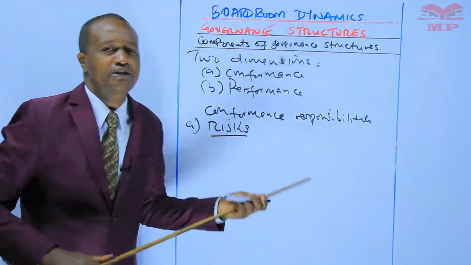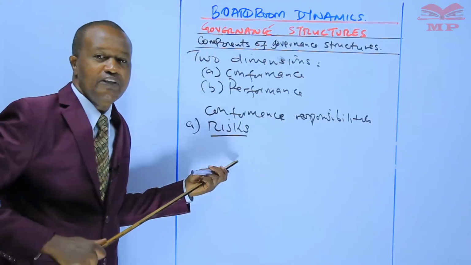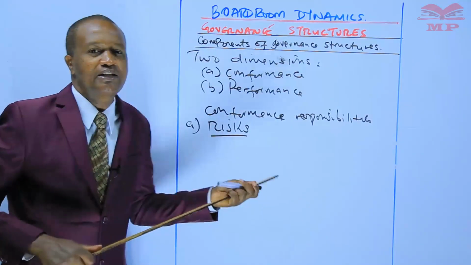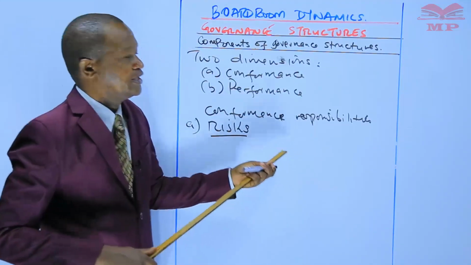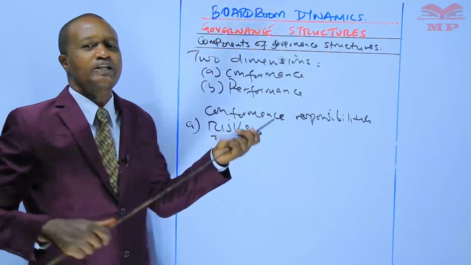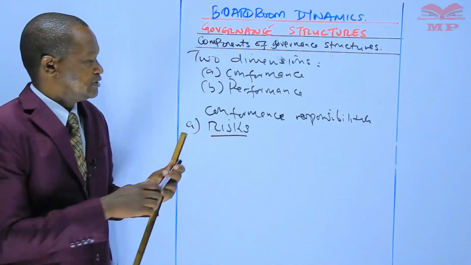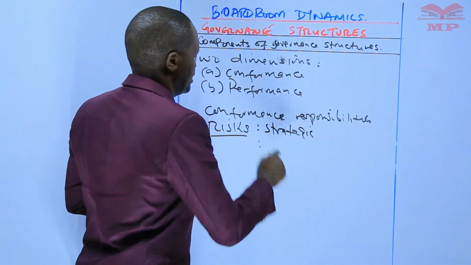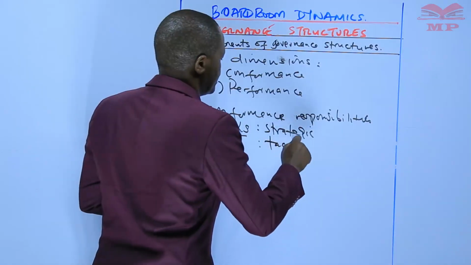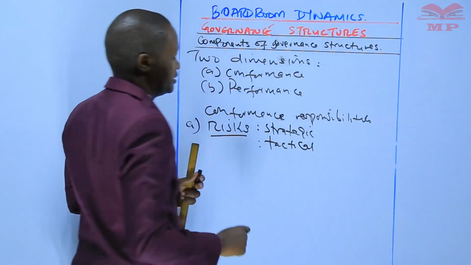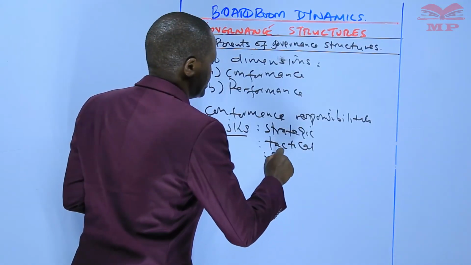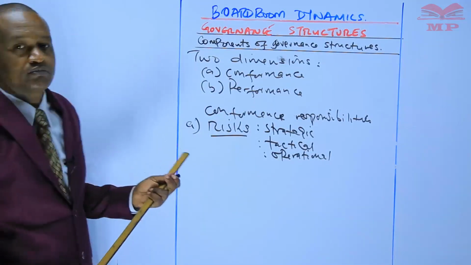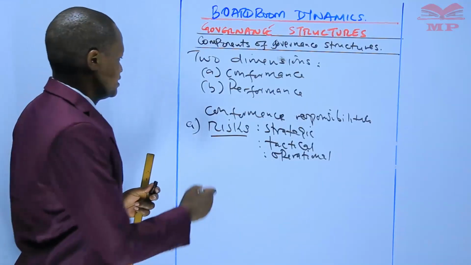Conformance responsibilities assure the stakeholders concerning the effectiveness of identifying, prioritizing, managing, controlling, mitigating, and reporting of strategic risks, tactical risks, and operational risks. That is one. Number two,